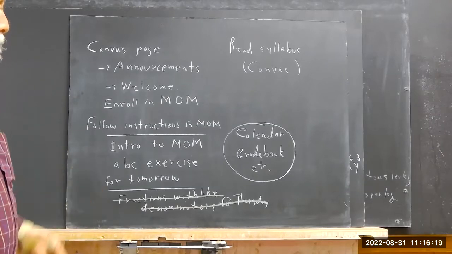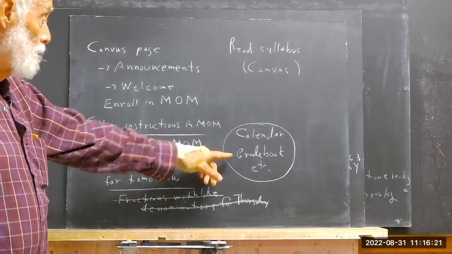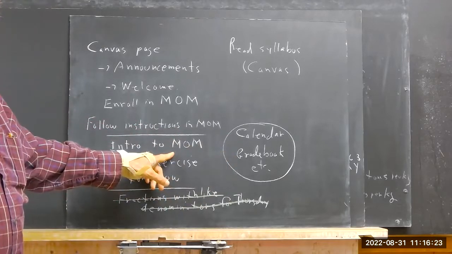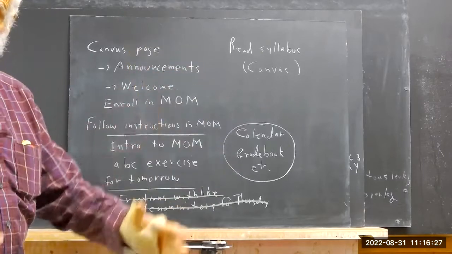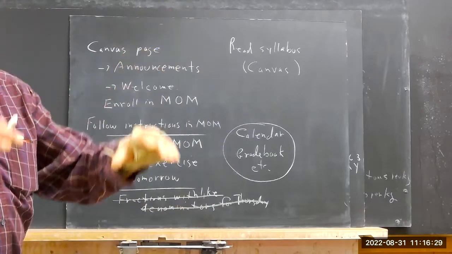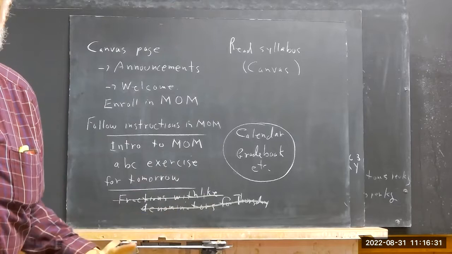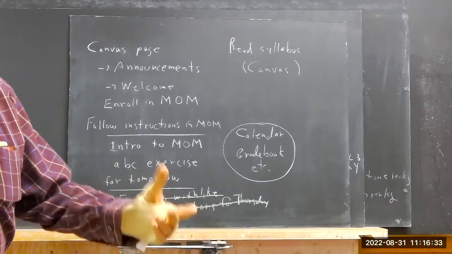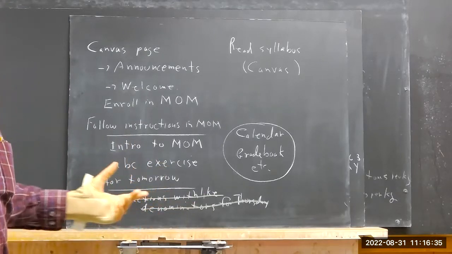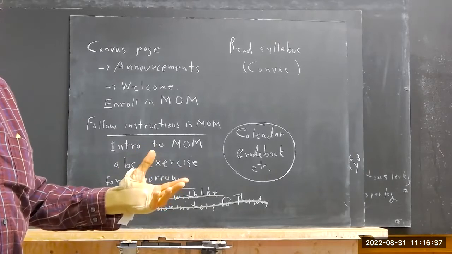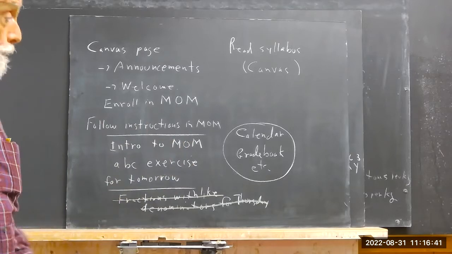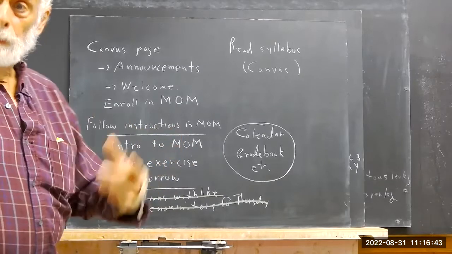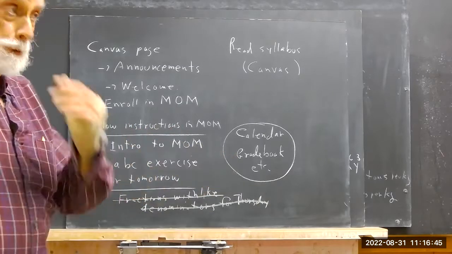So that was it. Now there's a calendar and a grade book in My Open Math. The calendar tells you when things are due. Also the narrative, you should just read it starting at the top of the page and read down. It'll tell you when things are due, and you'll have the links there. It's obvious how to use it, right? I mean, it's easy to figure out. But if you have trouble, email me.